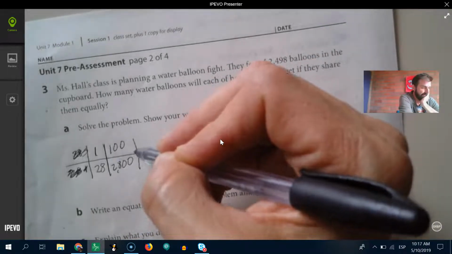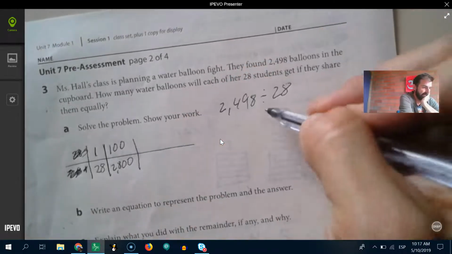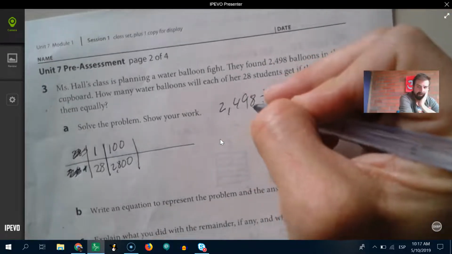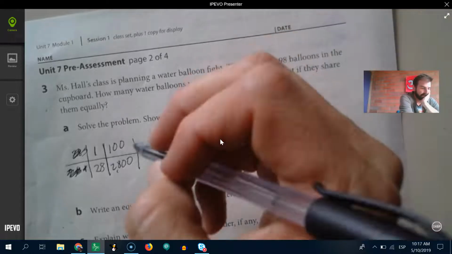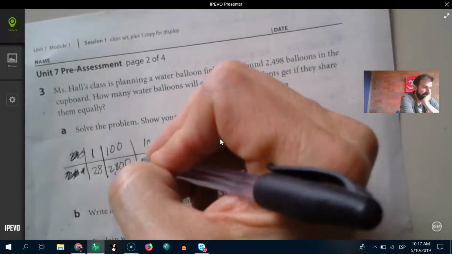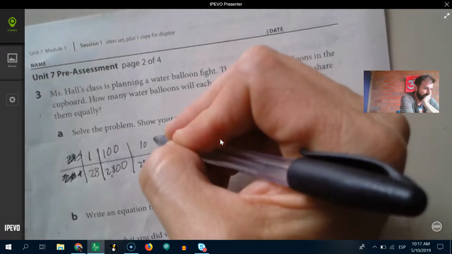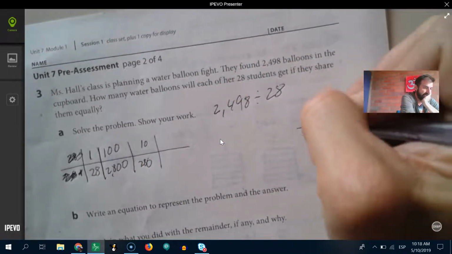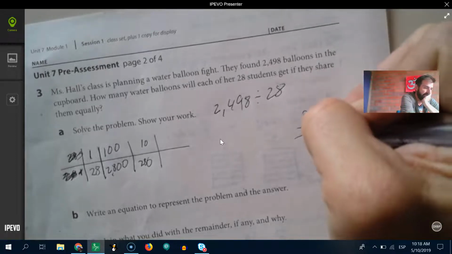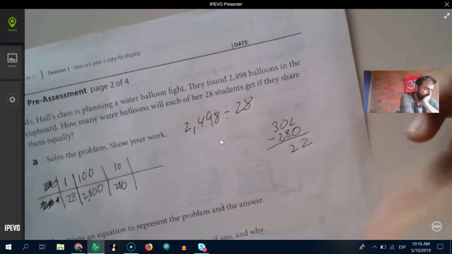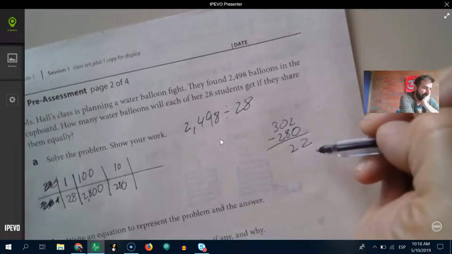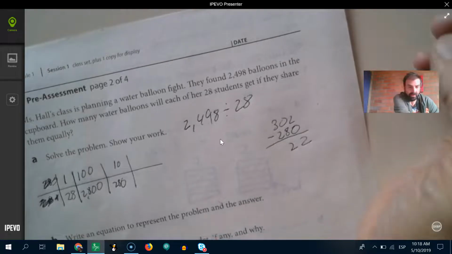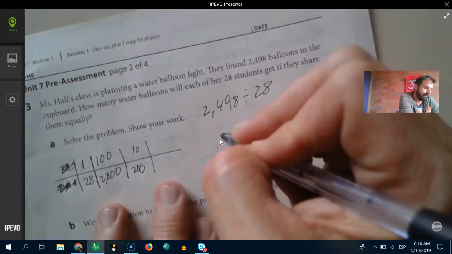But let's see here. Let's play around. So now I need to subtract. I need to find, what was this? 302 to take away. Well, I know 10 is 280. So how much do I have? I had 302. 280. What is that, 22? So I have 22 left. Hey! 22, I can't. Oh, I have my remainder. Ah, sweet. So that looks like it's